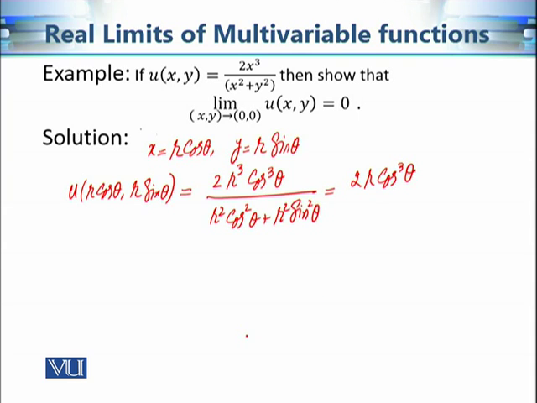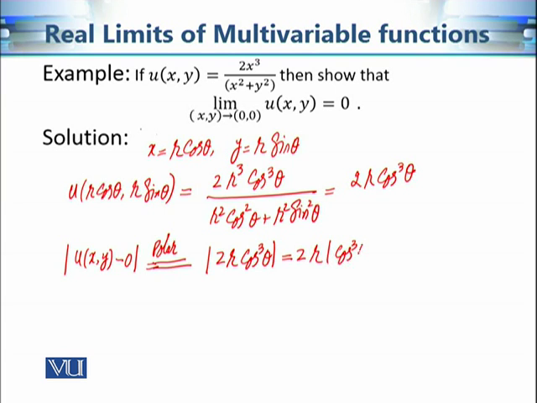Now what do we want to prove? We want to prove that the limit of this function is 0. In other words, we want to check whether this distance is as small as we want. Now using polar coordinates, this distance becomes 2r cosine cubed theta. And we know that cosine cubed theta is less than or equal to 1, so we can say that this is less than or equal to